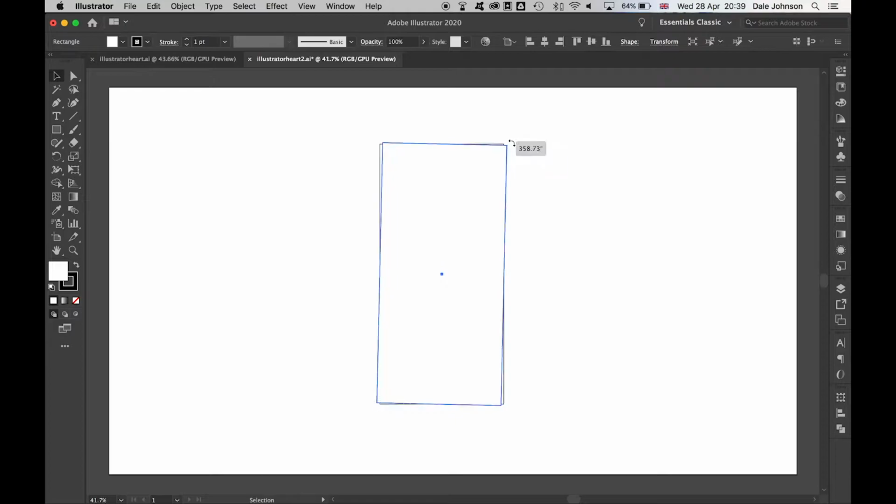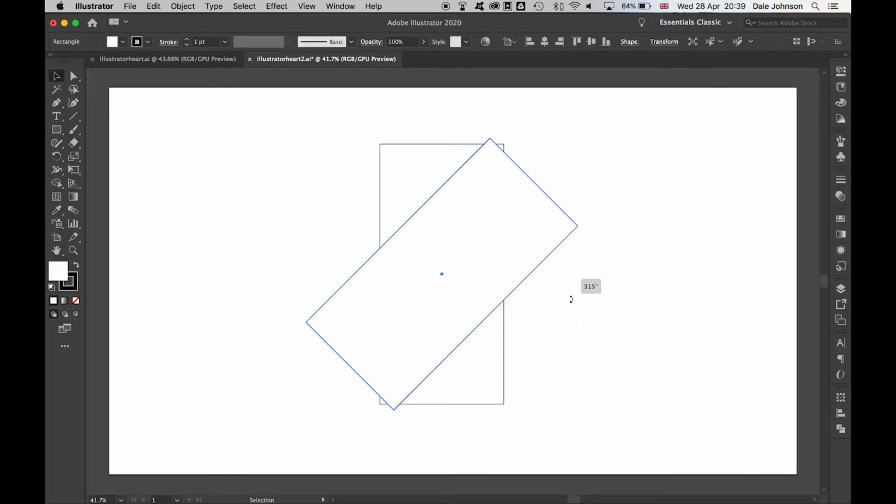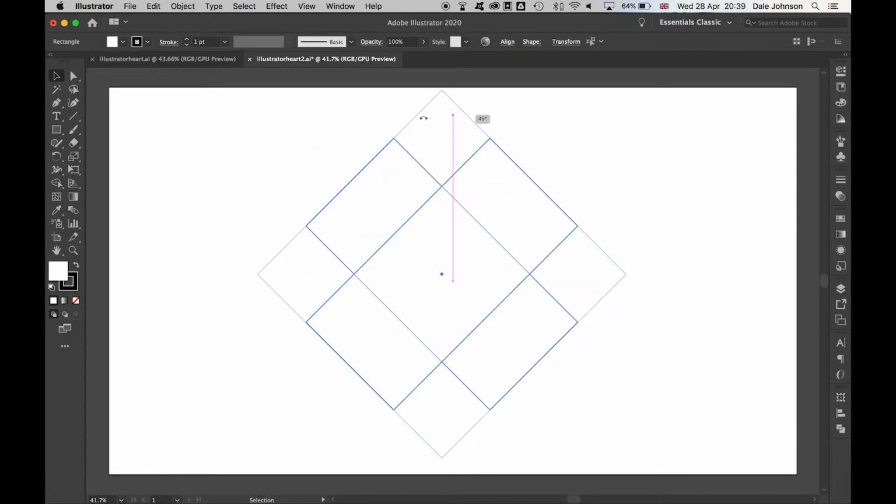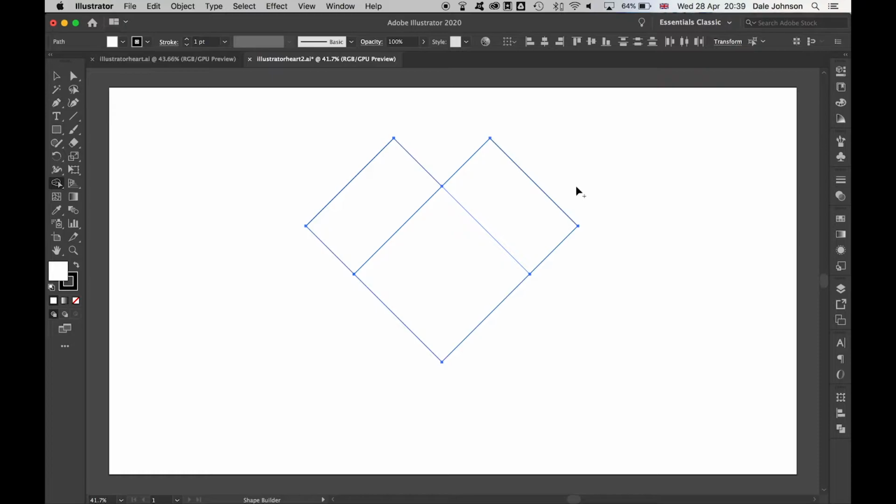Now I'm going to click and drag this corner around and then hold Shift to get it at a 90-degree angle. Highlight these two, twist them back to the center there. Come over to my Shape Builder tool. Now I'm going to hold Alt to minus the shapes, click and drag, remove that, click and drag, remove that. Use the Direct Selection tool,